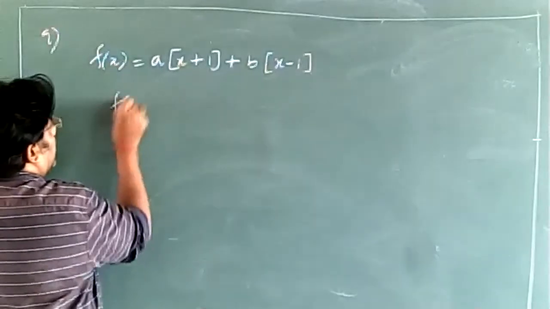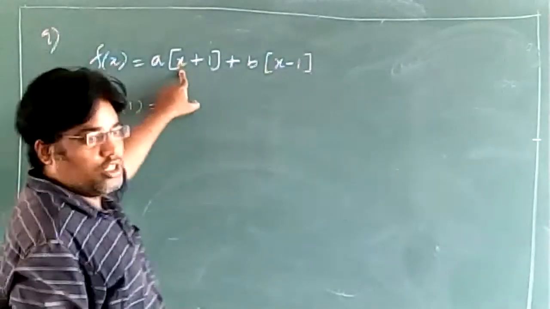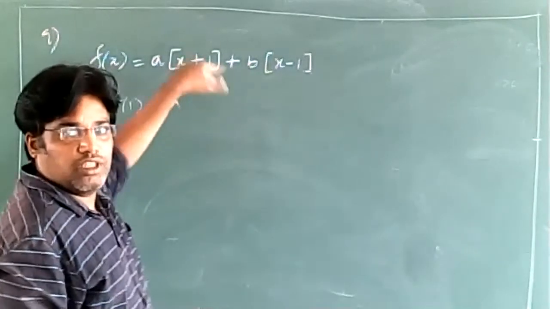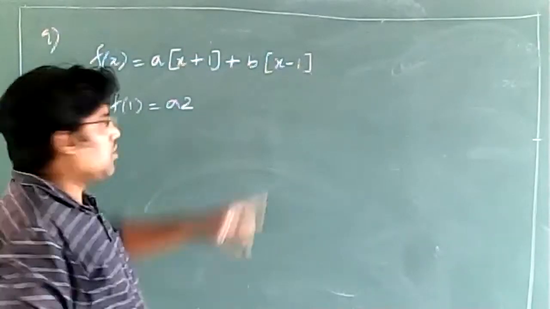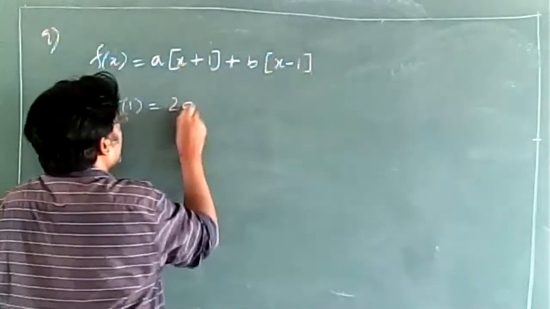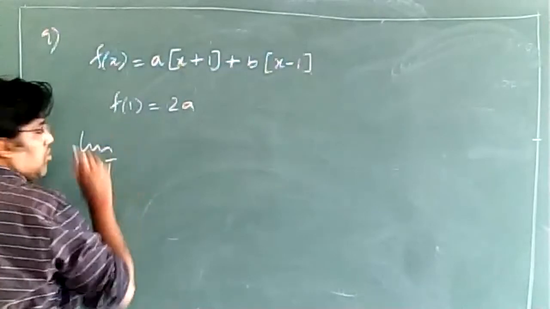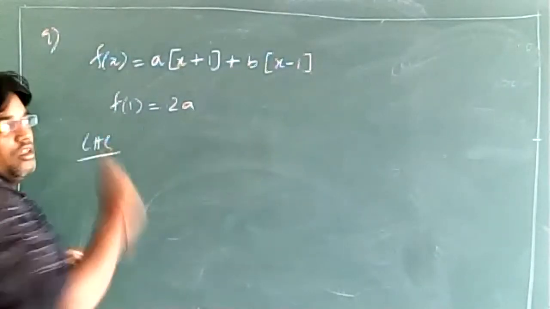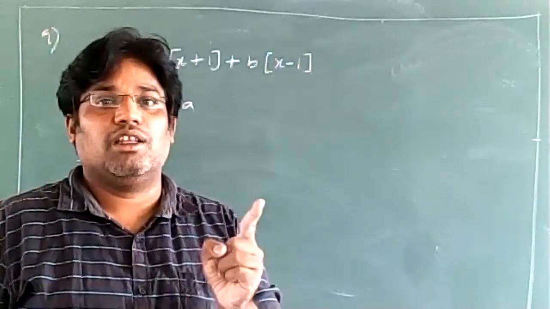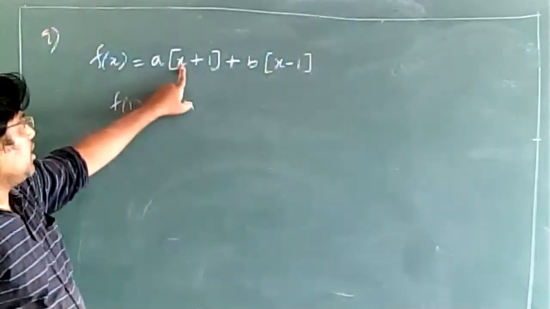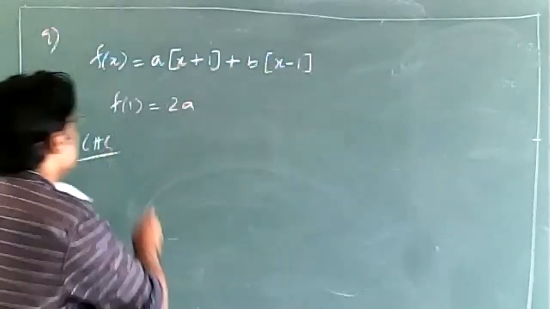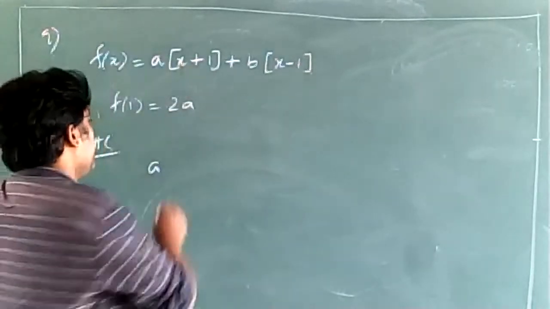First, at x is equal to 1, look, f of 1, what have they given? Step function of, look here, at x is equal to exactly 1, 1 plus 1 is 2, step function of 2 is 2. Next, 1 minus 1 is 0, step function of 0 is 0. So f of 1 is 2a. So coming to the left hand limit, LHS directly. So what is the point you are dealing with? You are dealing with x is equal to 1. Left hand limit, what happens? 0.9. Now 0.9 plus 1 is 1.9. Step function of 1.9 becomes 1. So this is 1 into a, which is a, plus.